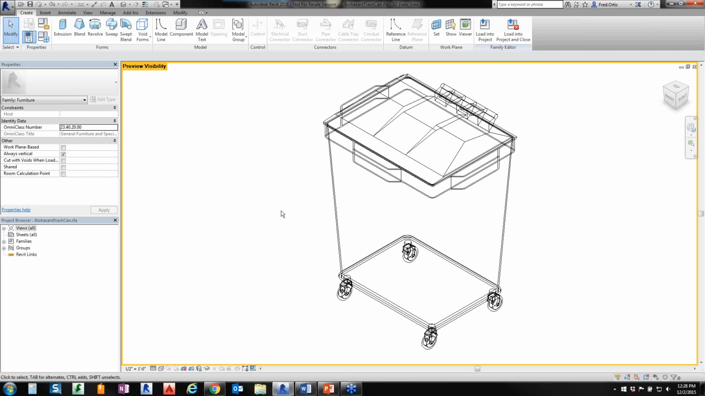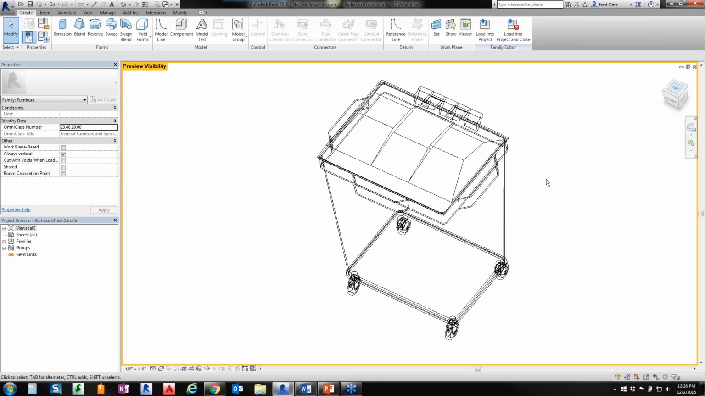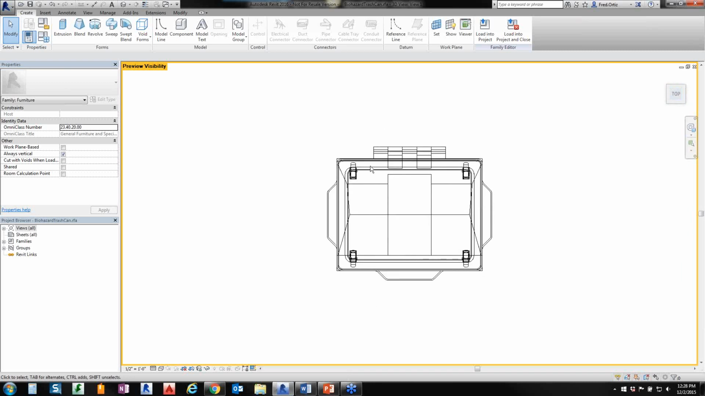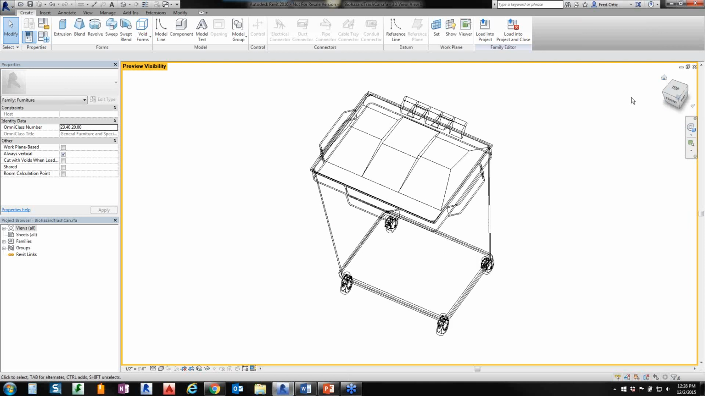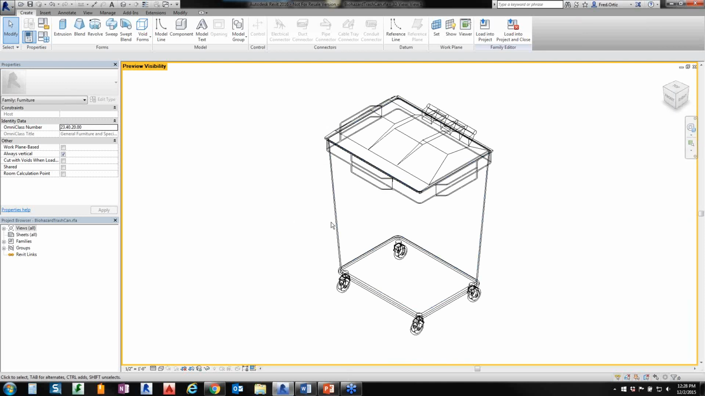So right now I'm going to change my view really quick to show you the top view. So this is how the top view looks. So it's kind of busy, right? So I'm going to change that to make it look a little bit more clean when inserted into a project. So I'm going to go back to my perspective view and